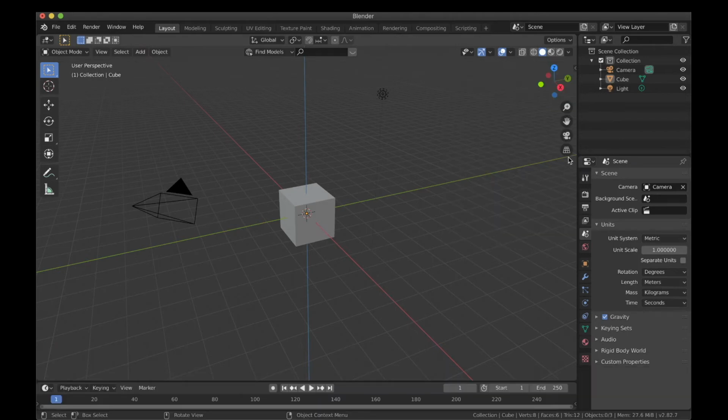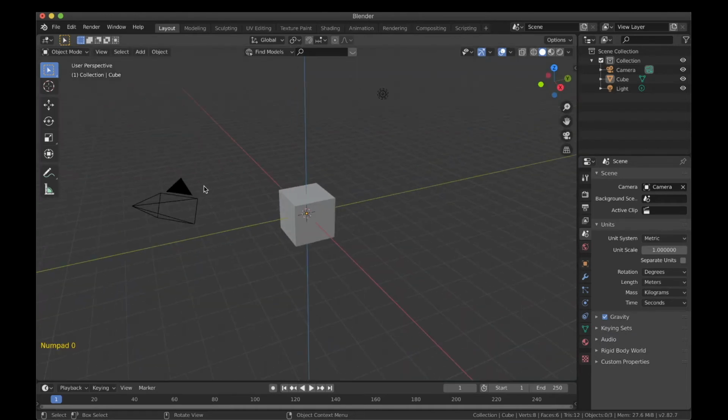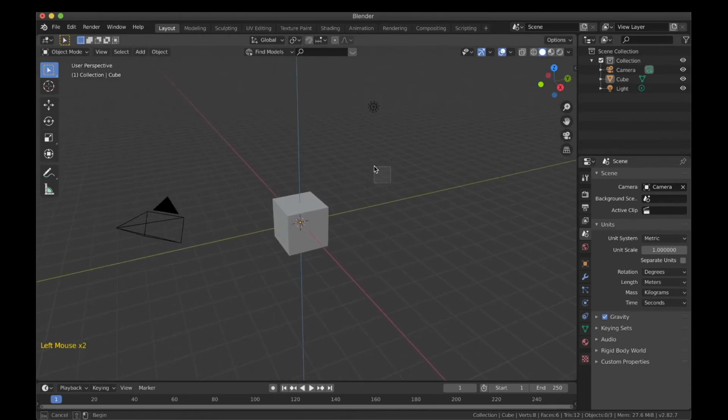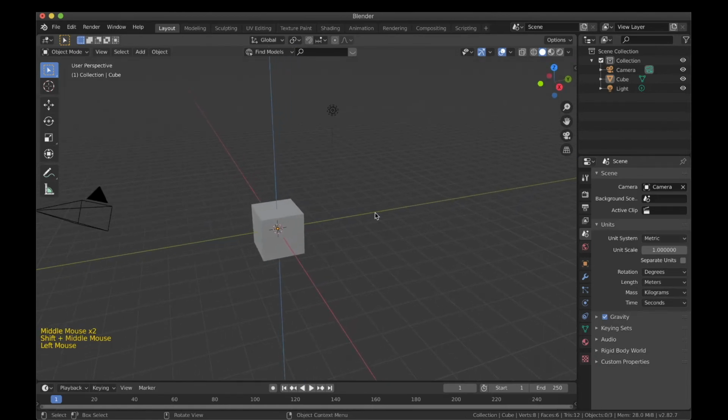On the right side of the viewport, you can see some more options. The first one is switching the perspective view to orthographic view, the shortcut for which is 5 on the number pad. The second one is toggle the camera view. As you can see, there's a camera in the viewport. We can see the object through the camera, the shortcut for which is 0. We can also toggle out by pressing 0 again. Third one on the list is move the view. Moving the view is basically panning across the viewport, which can be done by holding shift on the keyboard and pressing the mid mouse button. Over here you can see now we can pan across the viewport.